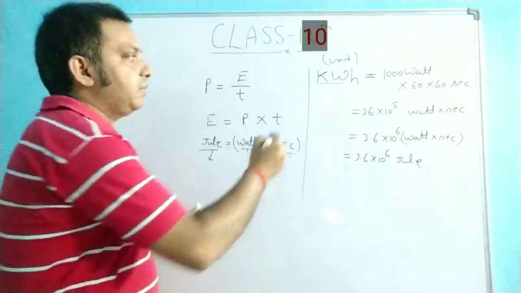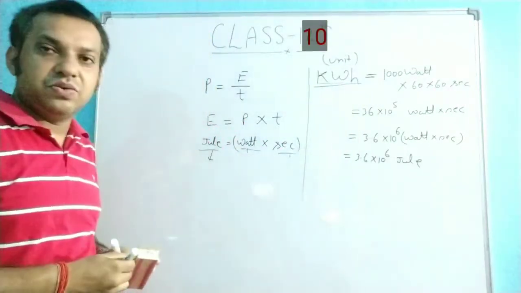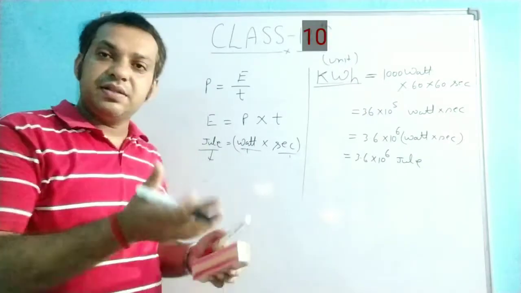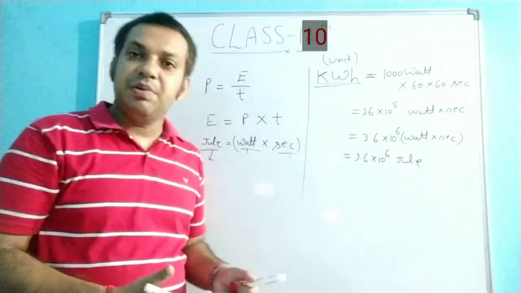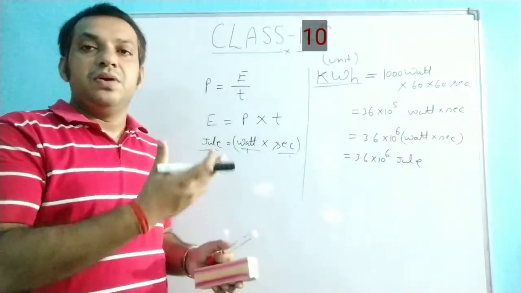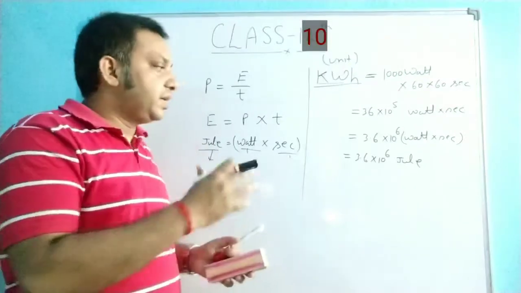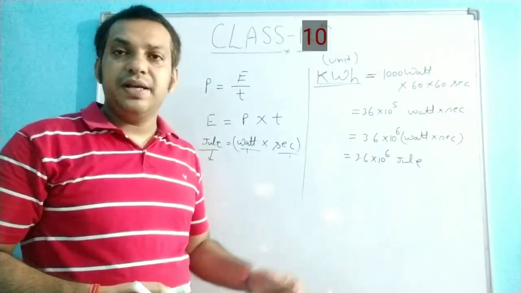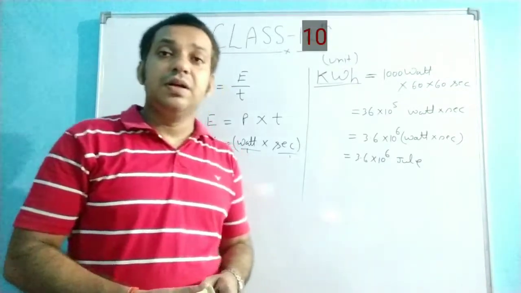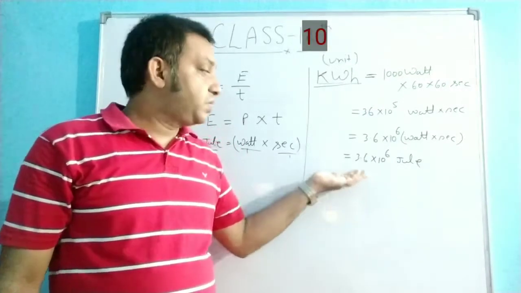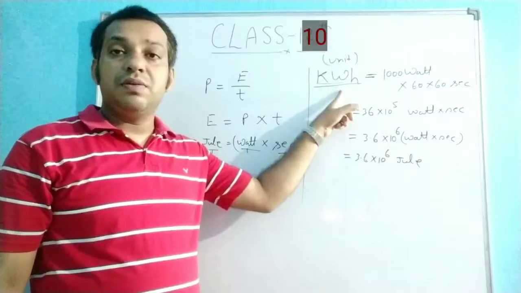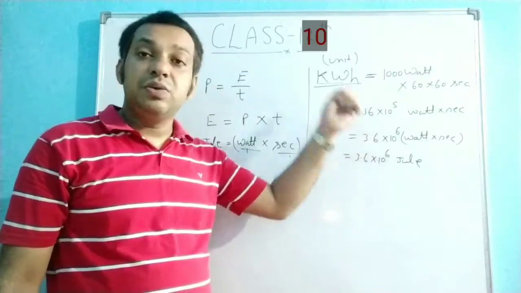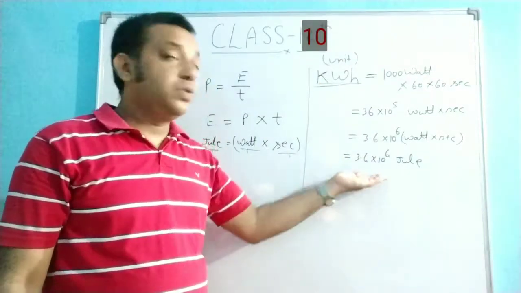So the kilowatt hour is the unit of energy consumption, but it is the commercial unit. It is similar to how you do not ask the shopkeeper for sugar in milligrams, because the quantity is very high, so you ask in kilograms. Similarly, energy consumption is very high, so you do not measure it in joules, because 1 kilowatt hour, the single unit of your energy consumption, equals 3.6 into 10 to the power 6 joule. This value is very high.